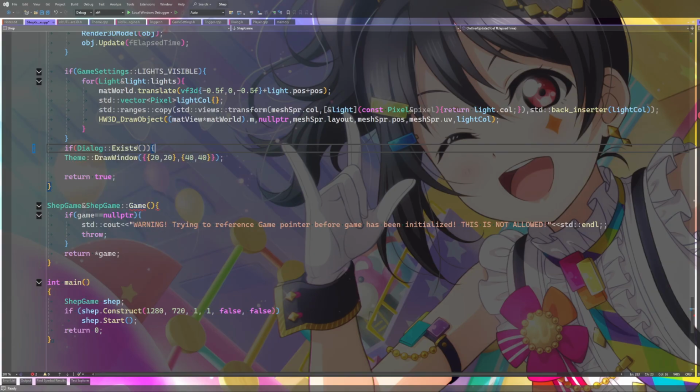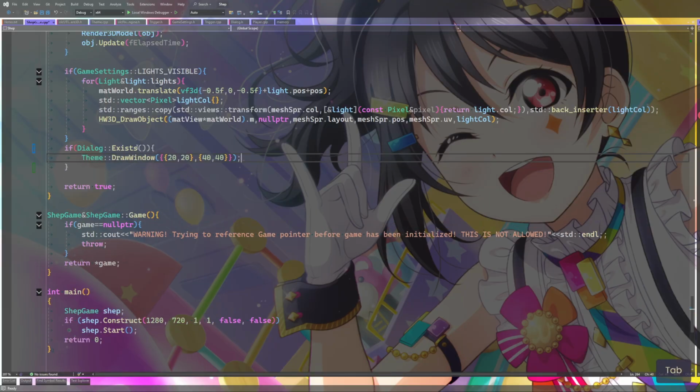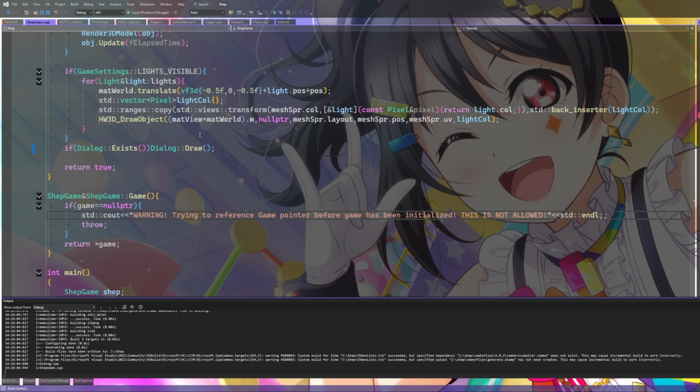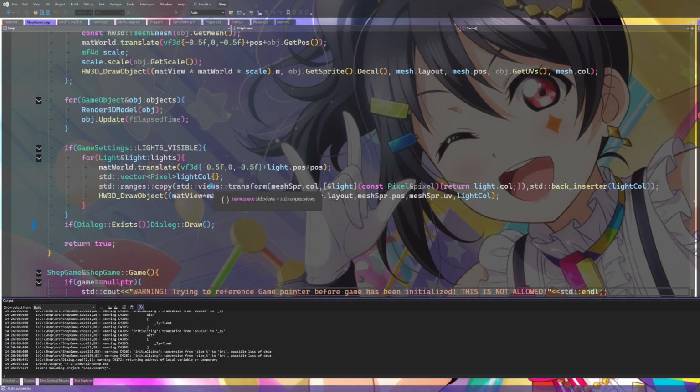So if dialogue exists, we're drawing a dialogue window. That might be all we have to do there. Dialogue draw. And then let's just create a dialogue somewhere.